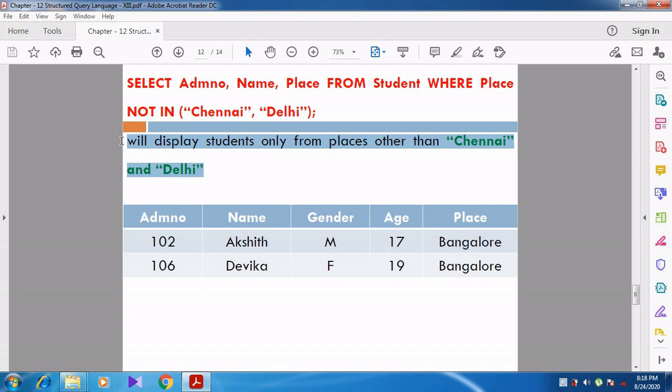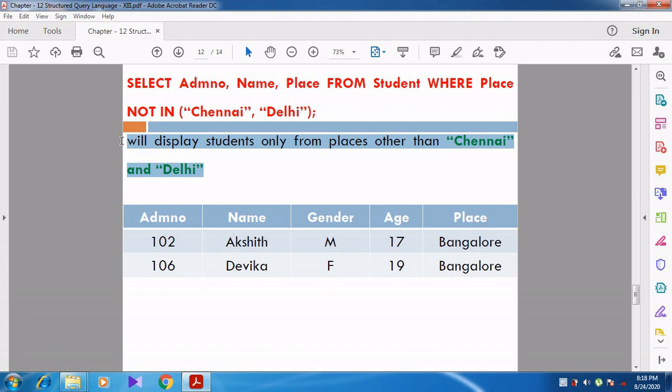So between and in work in the same manner: the values which match alone are displayed, and other records are not displayed. Whereas not between and not in work alike: whatever we specify, it does not consider those values and goes in the opposite manner.